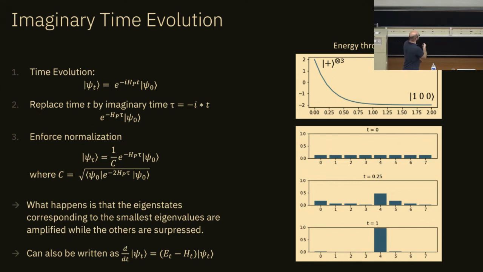Now, I applied this here to the problem we had at the beginning. If you start again in the equal superposition state that has overlap with all possible solutions, and you apply imaginary time evolution, you quickly go down to the optimal solution, which had value -2. And here, this is the plot of the amplitudes at time 0, 0.25, and 1. You see you start in the equal superposition state, then it puts emphasis on the smaller eigenvalues, on the better solutions. Already here, you have a strong emphasis on the optimal solution, and at 1, you're already almost at the best solution.